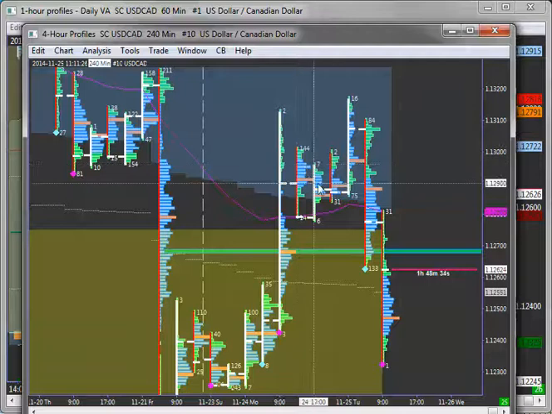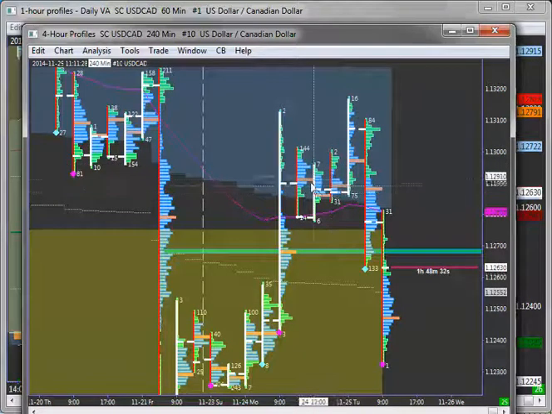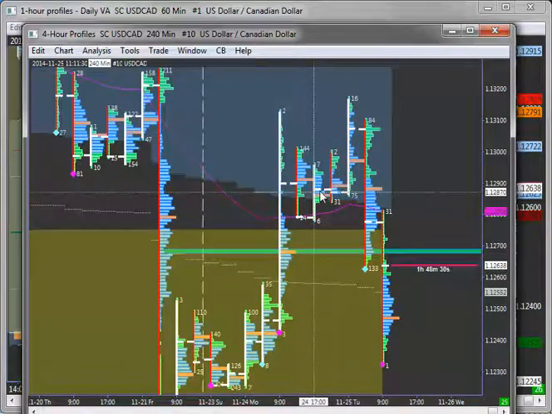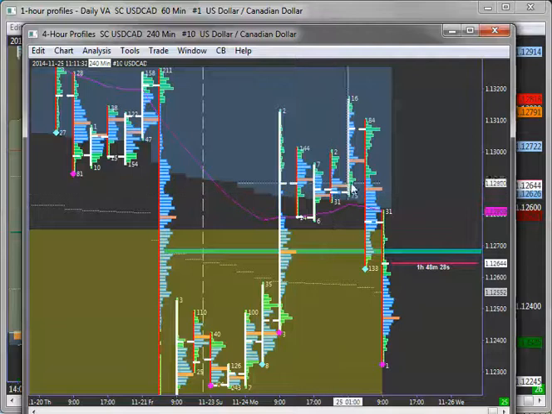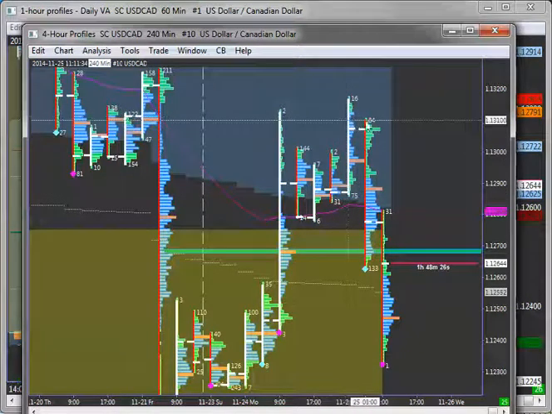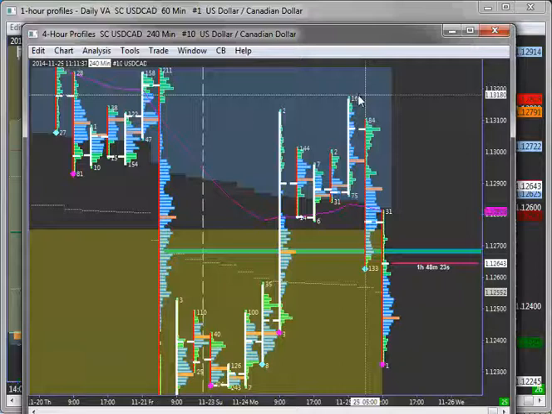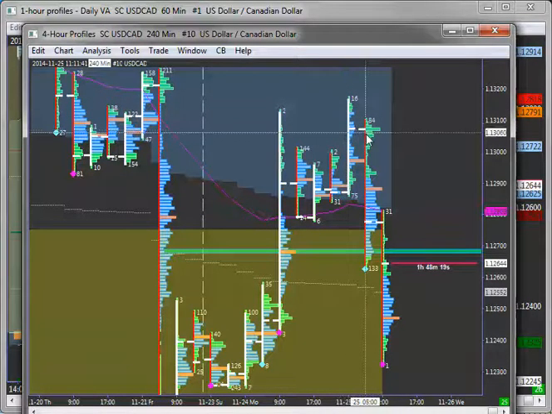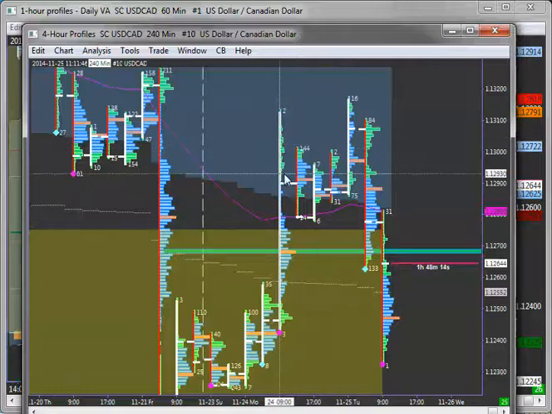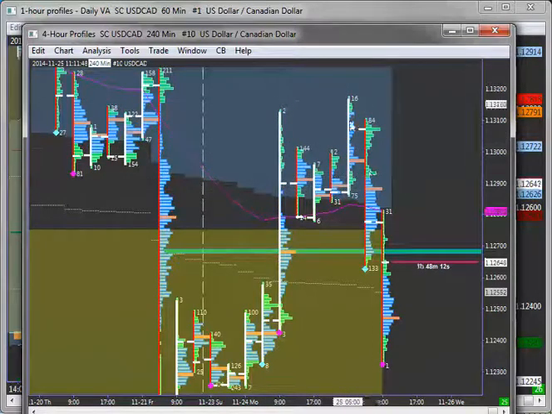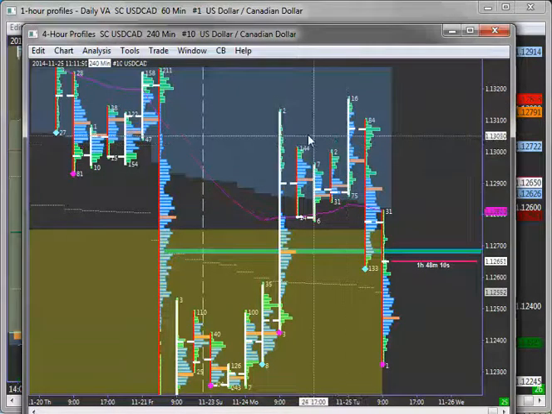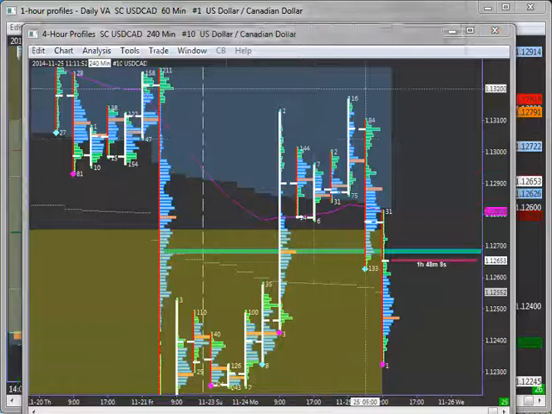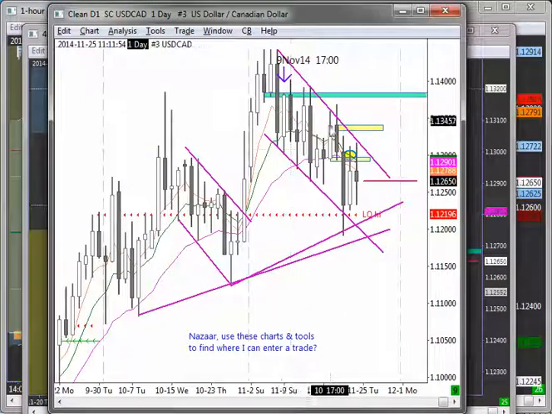We had value shifting down here. We had value overlap between the 5 p.m. and 9 p.m. bar, and then on the 1 a.m. bar we skip up, and we close closer to the highs. We close up, but then the next bar just drops away, and we talked about that on the 1 hour, and we know that the trend is to the downside when you look at the daily.